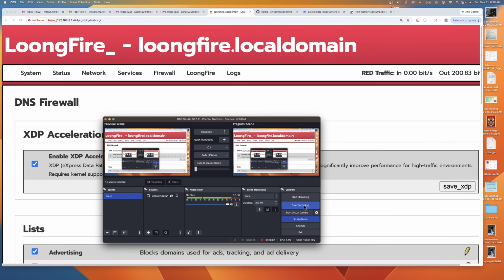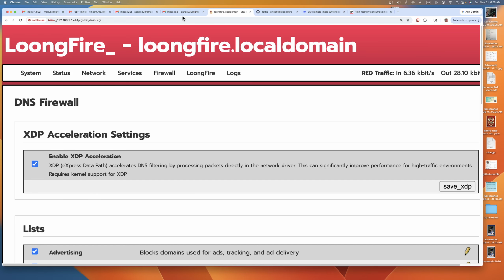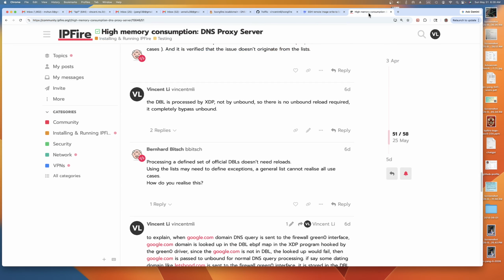Hi. So let's continue our previous discussion about DNS firewall in the open source firewall LoongFire project. And in the eBPF community, we talked previously about the high memory consumption